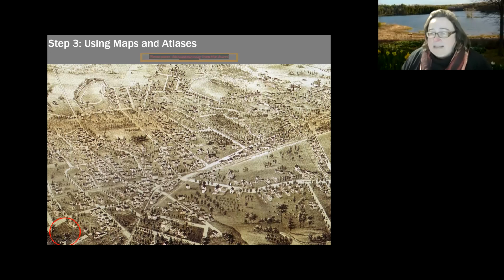I'll just orientate you on the map a little bit. Forest Avenue moves from the lower left to the kind of upper center of the right-hand side of the screen. The large oval near the top left of the screen, that's approximately where Deering High School and the athletic fields are today. This was a